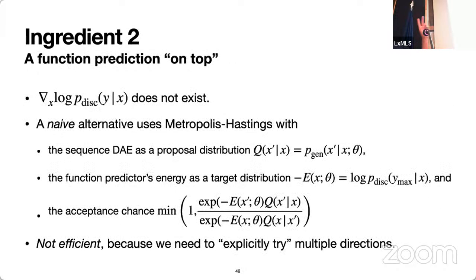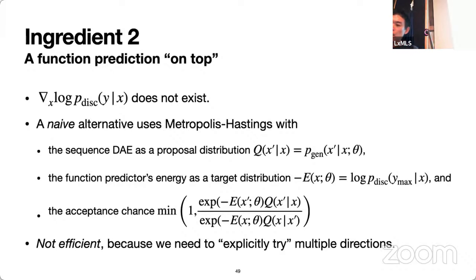And the second ingredient is a function predictor, because as I said earlier, just sampling nice looking protein sequences doesn't really get us anywhere. It has to be extremely, extremely targeted. But the unfortunate thing is that the discriminator we build, if we build it on top of the actual protein sequence, is not going to work, because there is no gradient of the discriminator's output with respect to the input. The input is just discrete, and even the size changes.